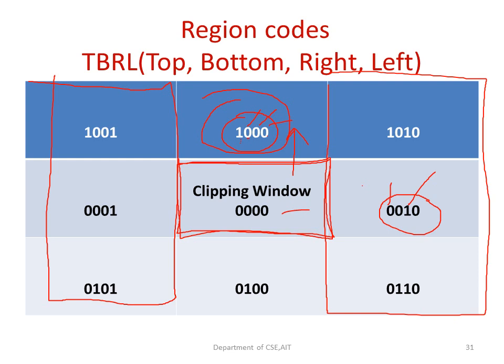Why is this third bit equal to 1? Because these regions are lying to the right of the clipping window. So in 1010, 0010, 0110, we have the common 1, which is with reference to the right of the clipping window. In this way we assign the code for all the 8 regions based on the reference window, and the clipping window has its value as 0000.